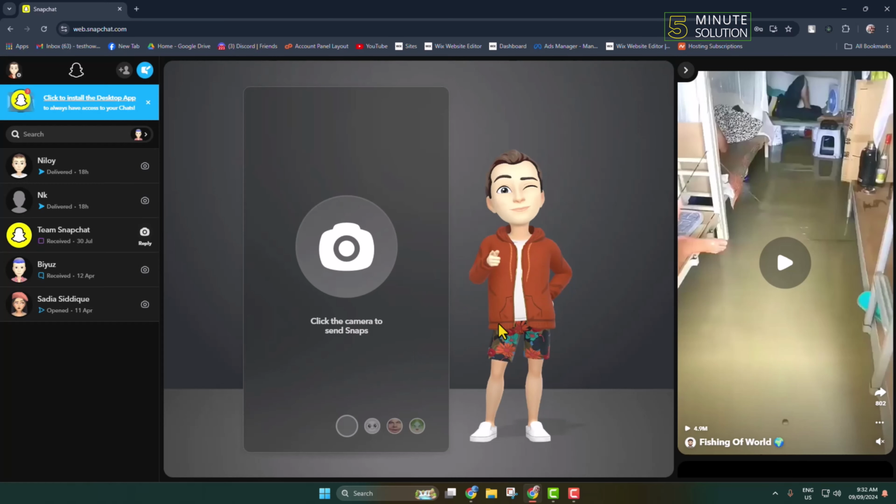And now you have to verify your sign in. So on your Snapchat mobile, you will get a notification. So go to your Snapchat app on your mobile and verify your login, and then you will be logged into your web from computer. Once you successfully logged in, you can use your webcam or your laptop camera to capture